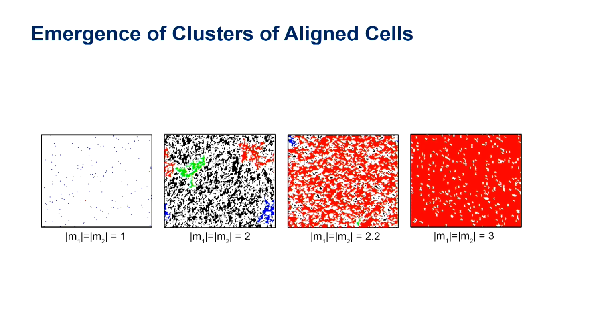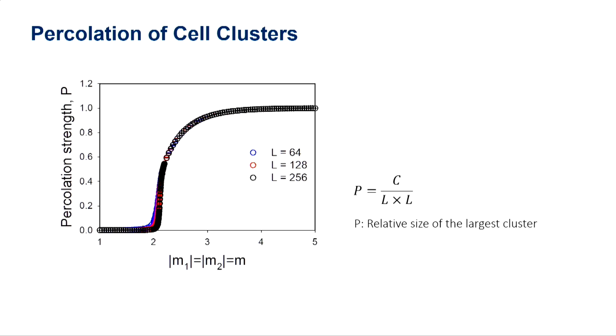Looking at this immediately, if you are working on this type of model, you will recognize that there is a phase transition, right? This is a typical geometric phase transition, what you see in percolation that I was discussing in the last lecture. So possibly here we are seeing a percolation transition. If I see a percolation transition, then I have to check what the behavior of this transition is. And as I was saying, nowadays we define percolation strength, which is the order parameter, as